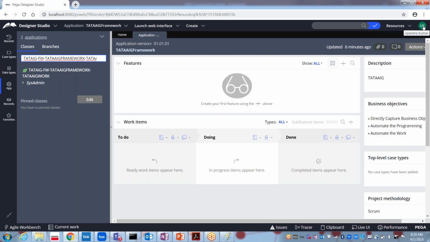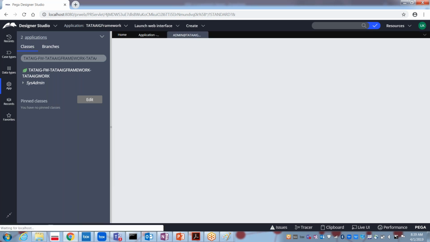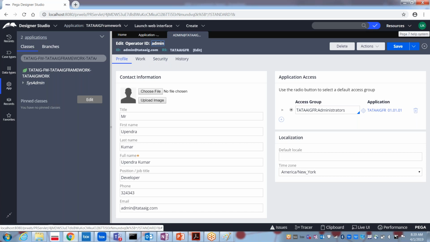So Upendra Kumar. If you click on this, from the menu you can select operator. Okay, see, the operator ID which I created earlier through admin at pega.com, that operator ID I am showing here. To open the operator ID, there are two ways.